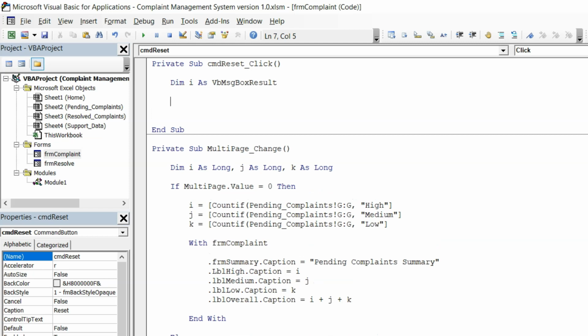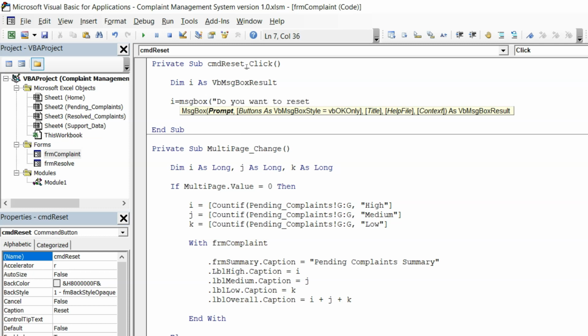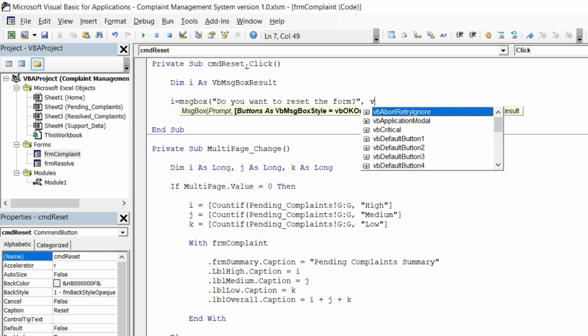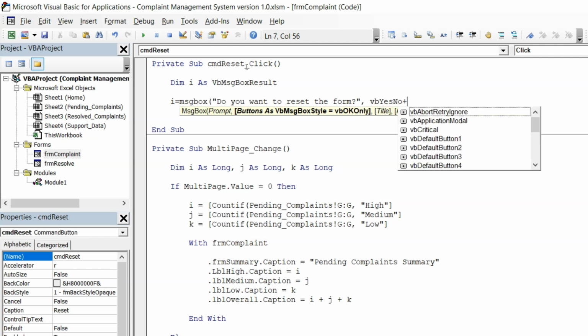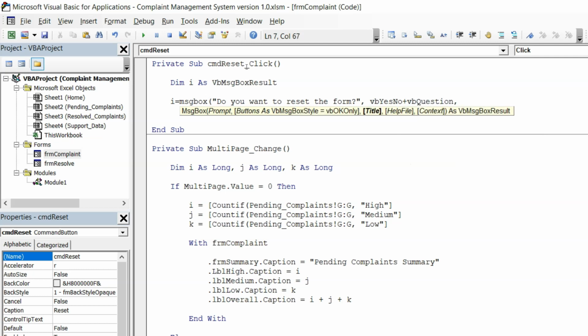Okay, and then I would be message box, do you want to reset the form? VB yes and no, and plus, as we are asking a question, so VB question comma